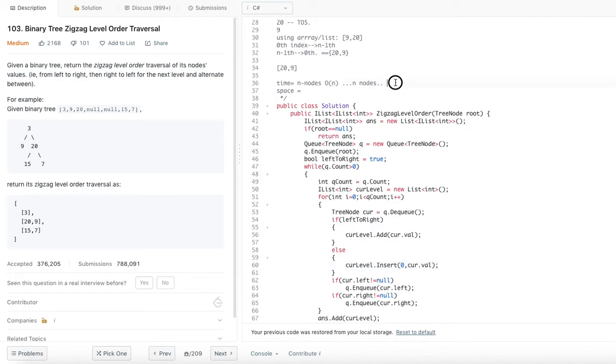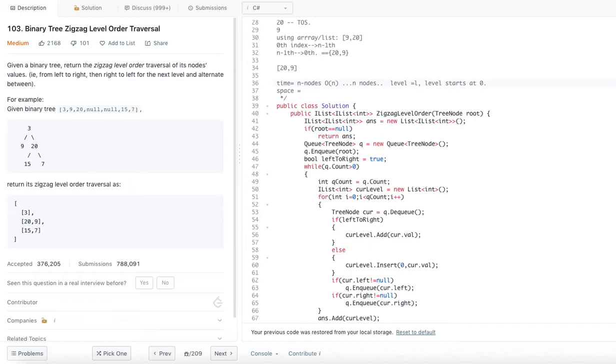In a given level, let's say the level is L. The maximum number of nodes in a binary tree for a given level is 2 power L minus 1, or 2 power L if you start the level at 0.